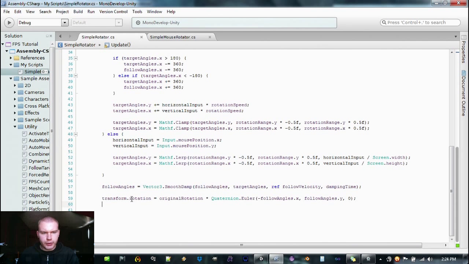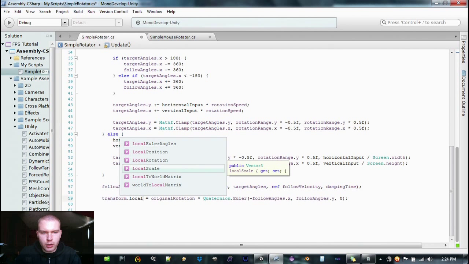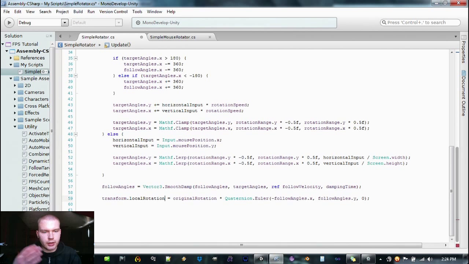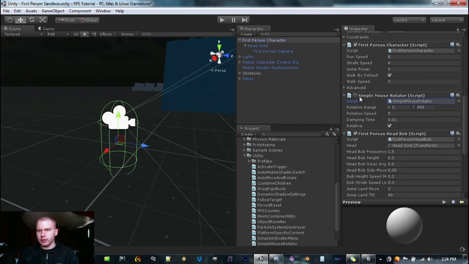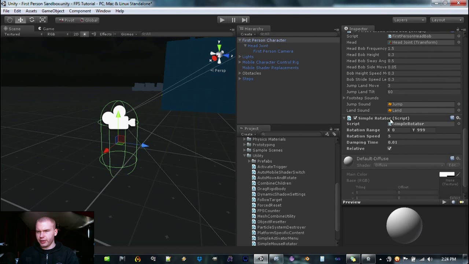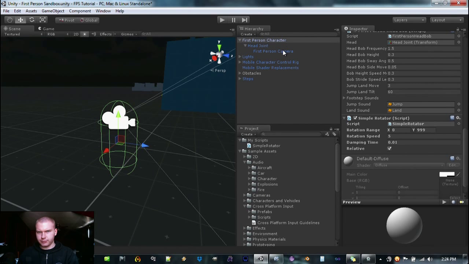Oh, and before I forget, this needs to be not rotation, but local rotation, because we're doing this in local space, remember. Alright, so now, if we deactivate the simple mouse rotator, and we add our SimpleRotator to the object by just dragging it on,